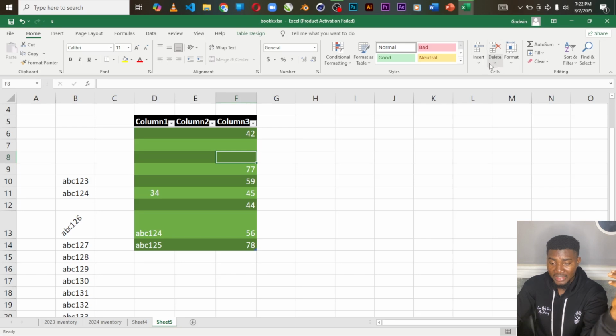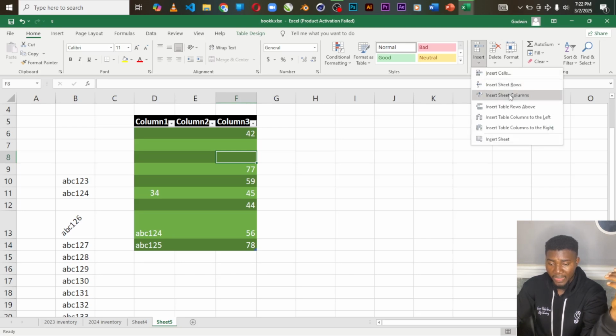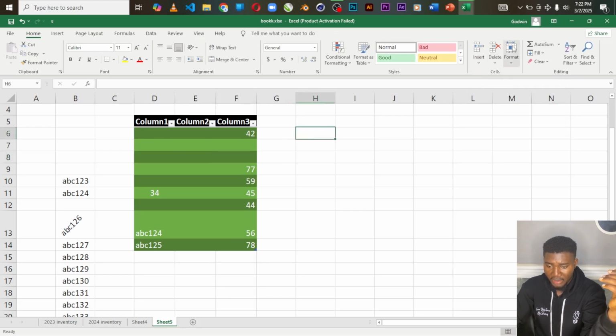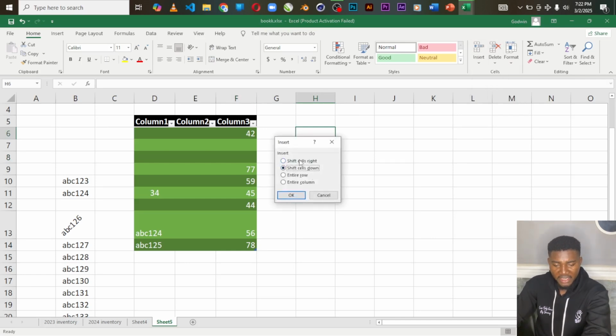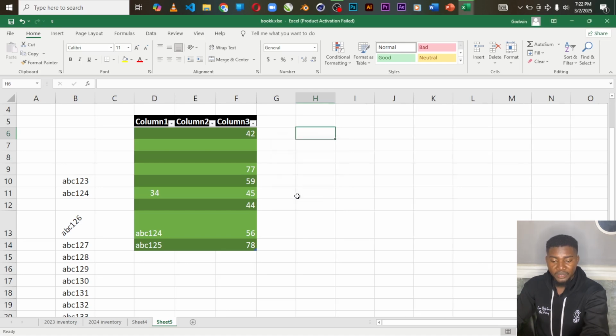If you look at this place, you see shift rows, rows above, shift. Okay, let's do this. Let me just click here, and then it will now show shift cell right, shift cell down, entire row, entire column. So whatever it is you want, if you want it to be shifted up, or shifted down. If you want to add a column in between G and H, you can also do that with entire column. Let's look at the entire column. You see that? There is a new column now in between G, but it has already named it. If you look at it,